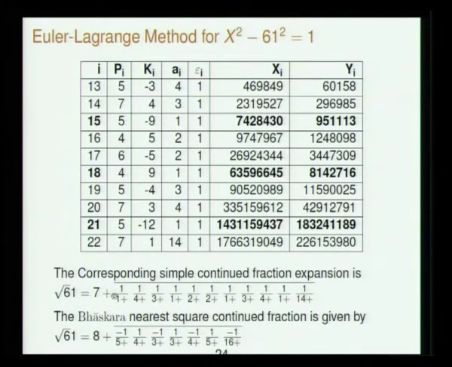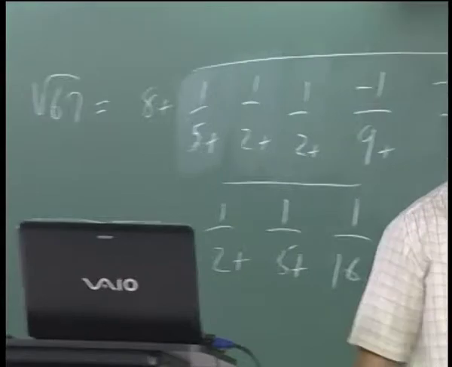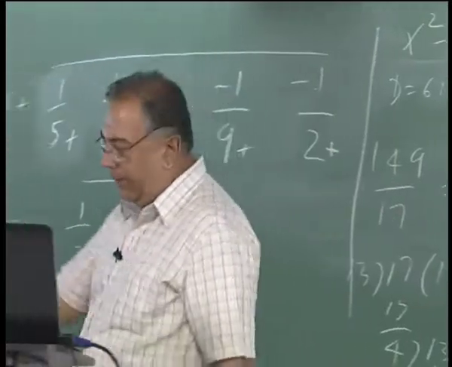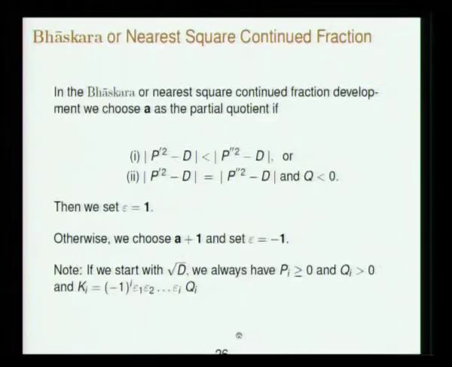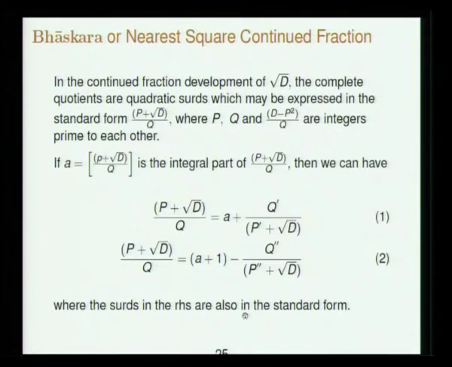The simple continued fraction has 1 2 3 4 5 6 7 8 9 10 11 entries for 61. It has 1 2 3 4 5 6 7 entries in the Chakravala. So the period has 7, that is, this has 7 steps, this has 11 steps, and these precise 4 minus 1s are appearing. Those are precisely the points where pi squared is crossing root d. Okay. So we have said enough about the comparison of the two. We will say something in the end.